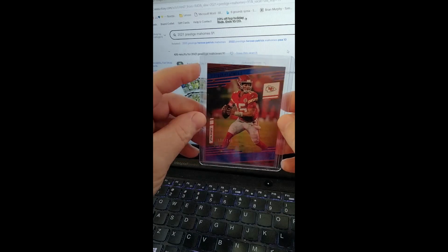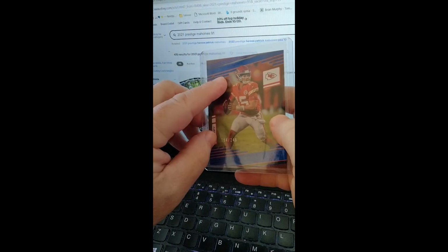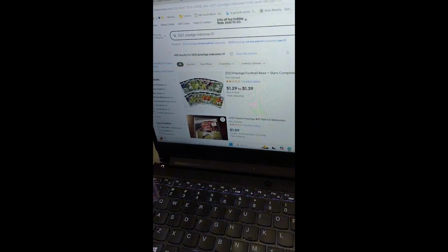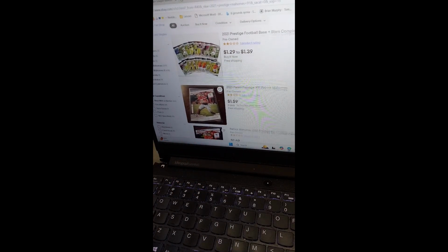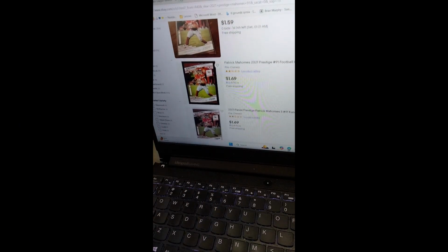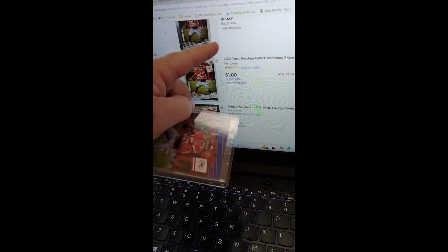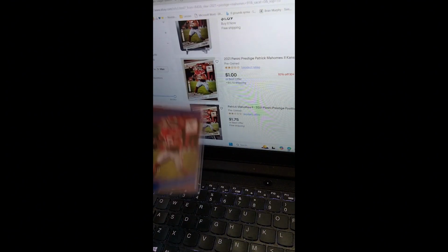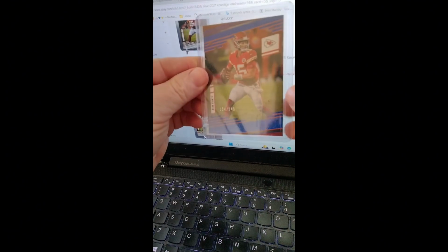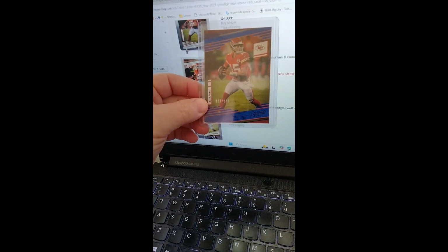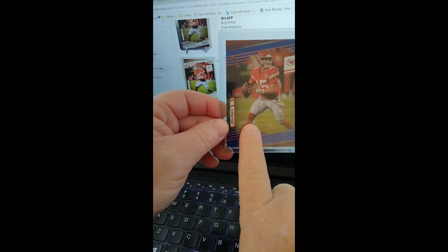But again, usually the year, the company, at least part of their name, unless they've got a common name that matches a lot of people, and then the card number is normally more than enough for what I use almost every day. You can see this is the base version of it. And again, they're probably going to be at the same price, $1.59, $1.69, $1.69. So again, this card is valued between $1 and $1.75. This card is numbered. Okay, there's going to be different versions of it. There's going to be a numbered to 1, a numbered to 3, a numbered to 5, a numbered to 49, a numbered to 99. So what we're going to do is add that print run,